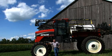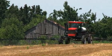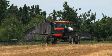We haven't had any drift problems. We've liked the fact that it's very versatile. I think the timeliness is the big thing. The size of the machine, it's not a huge machine compared to a lot of sprays, but by us being able to get on the ground at the time that we can, with the weight of the machine and the size of booms that we have and all, I think that by being able to keep up,